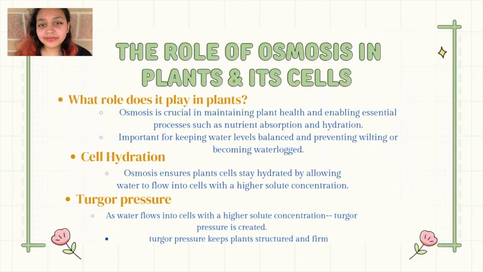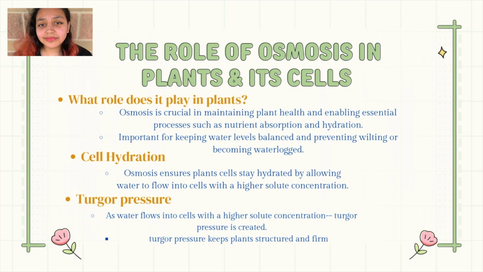The role of osmosis in plants and its cells. What role does it play in plants? Osmosis is crucial in maintaining plant health and enabling essential processes such as nutrient absorption and hydration. Within hydration, osmosis ensures plants stay hydrated by allowing water to flow into cells with a higher solute concentration. Going back to the role it plays in plants, it's important for also keeping water levels balanced and preventing